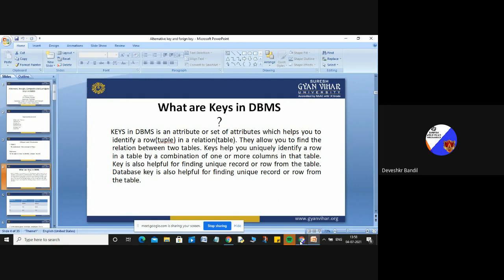So through the key you can identify a unique record, unique tuple, unique row. Tuple means row, tuple means record. Like your student record is the student name, father name, mother name, address, student city, student pin code number, student mobile number.